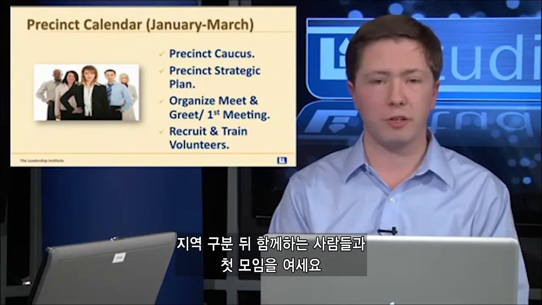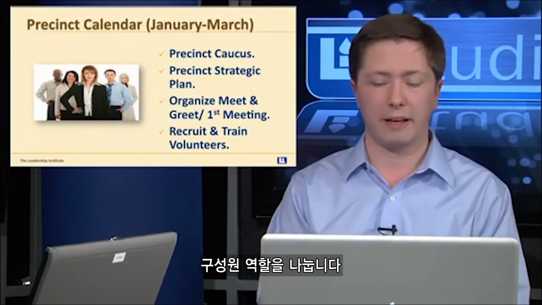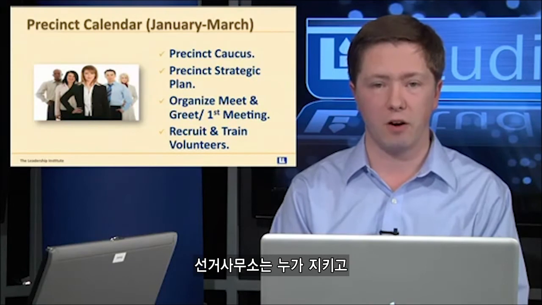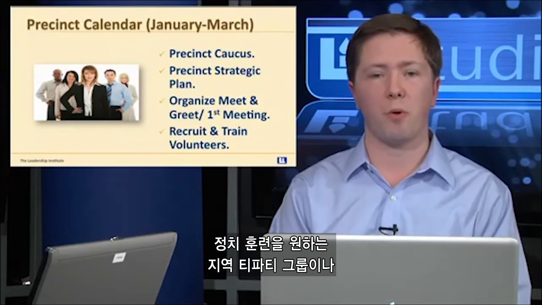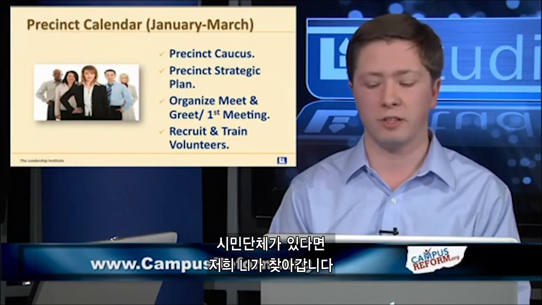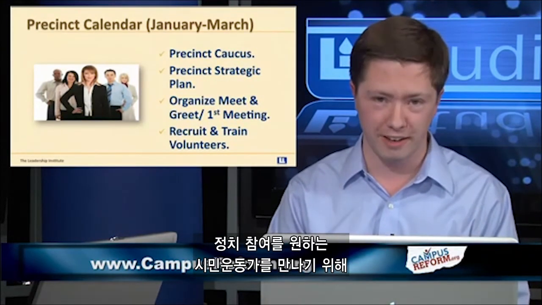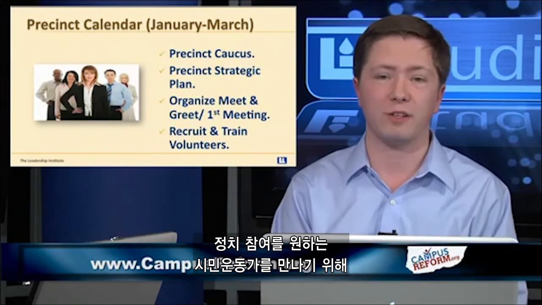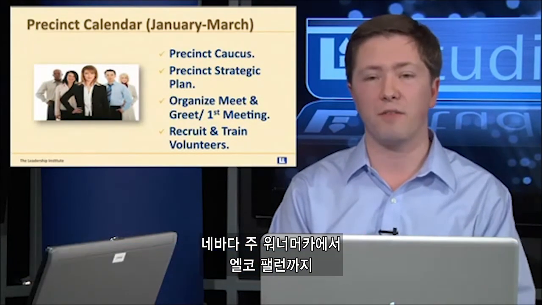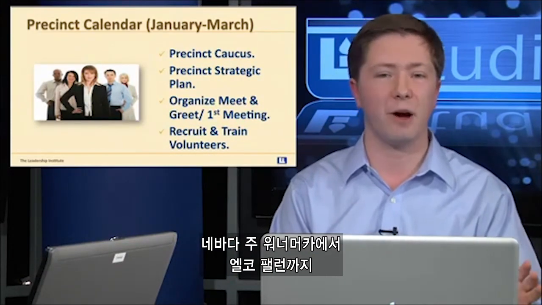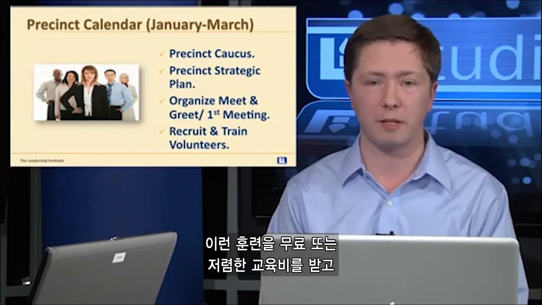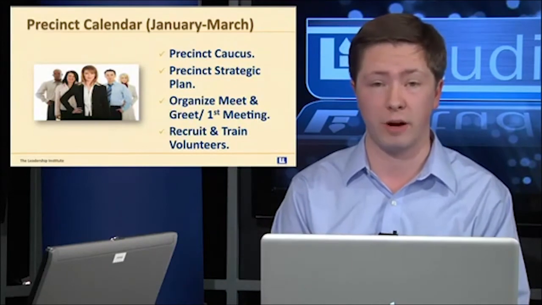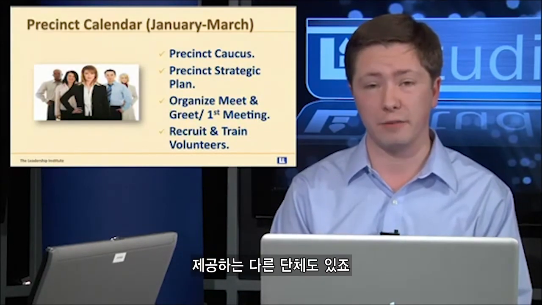You would organize meet and greets with your neighbors and have your first meeting. Like I said, find out who's going to volunteer and get involved in the campaign, and then recruit and train volunteers. If you've got a local Tea Party group or a local civic association who wants political training, the Leadership Institute has a fantastic grassroots department that will travel to your community and train your activists. I've been all over the country to far-flung places like Winnemucca, Elko, and Fallon, Nevada, to reach out to grassroots activists who want to get involved and who want to know more about the process. There are other organizations that provide this training as well, oftentimes for free or at a significantly reduced rate.